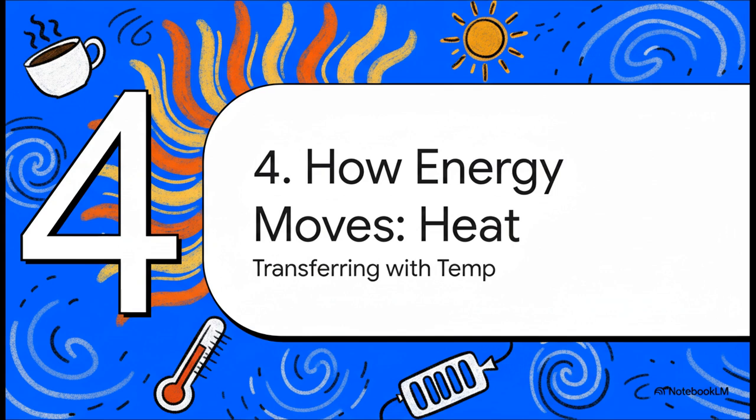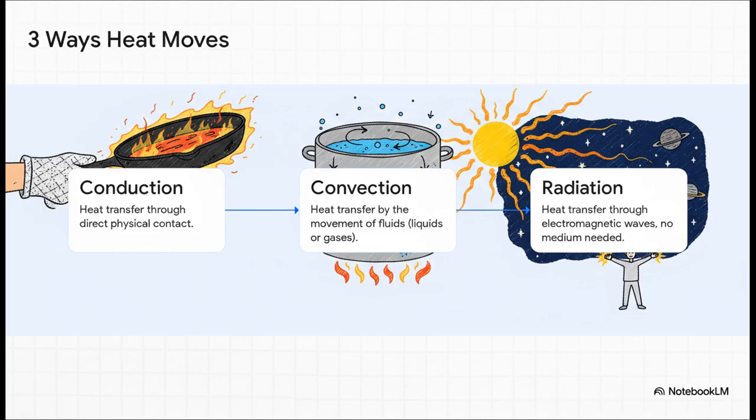Heat is just thermal energy on the move. And heat moves in three main ways. First, there's conduction. That's energy transfer by direct touch, like grabbing a hot pan handle. Ouch! Then there's convection, which is how heat moves through liquids and gases, like in a pot of boiling water, where the hot water rises. And finally, there's radiation, which is energy that travels as waves, like the heat you feel from the sun, which travels all the way through the vacuum of space to get to you.